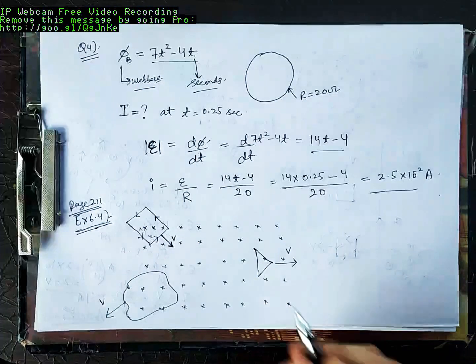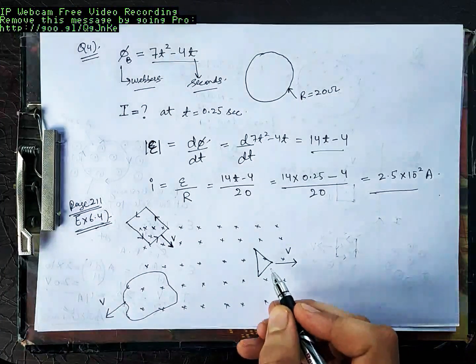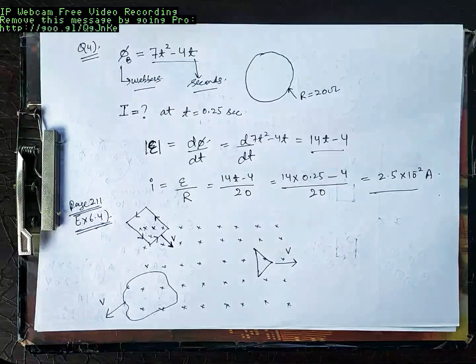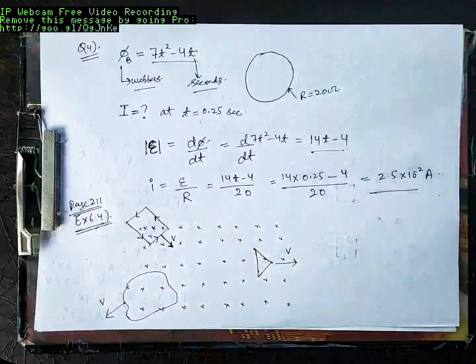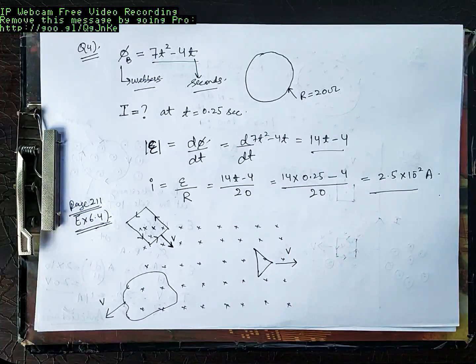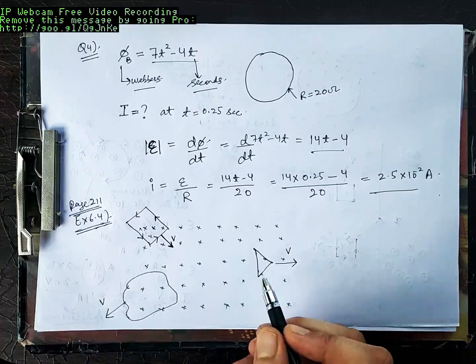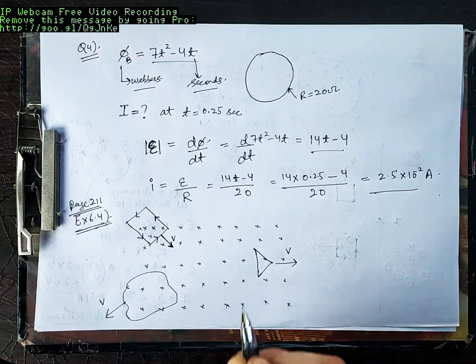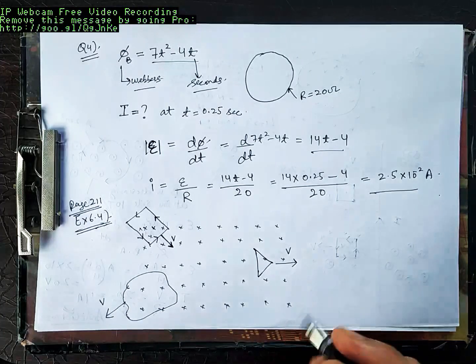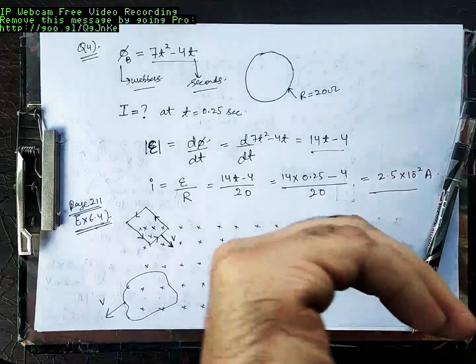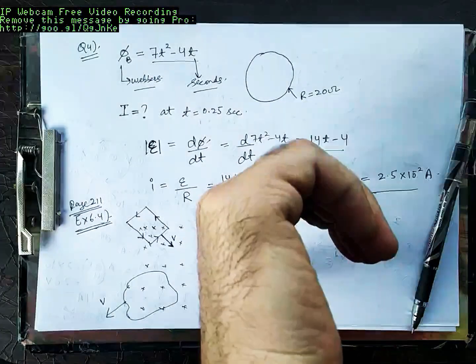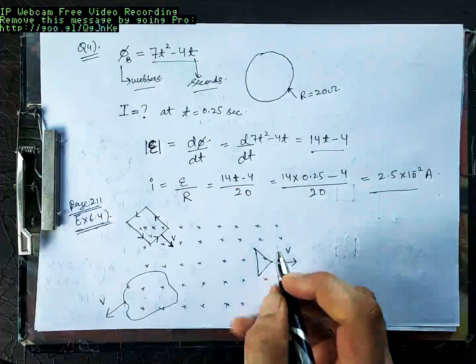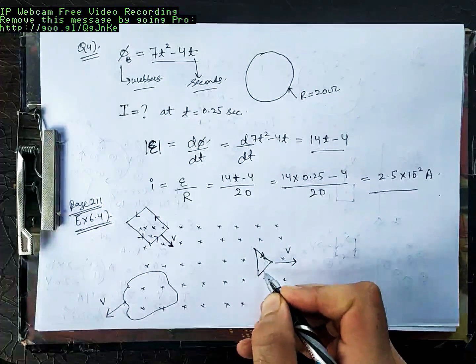What about this triangular loop? This triangular loop is going out of the magnetic field, so this flux will decrease. When flux decreases, it will have an induced EMF which will try to oppose the decrease in flux. So it will have a current such that it produces a flux which opposes the cause. Cause was decrease in flux, so it should increase the flux. Flux is into the plane of page. It should increase. Curl of my finger gives you direction of magnetic field. So here it is clockwise.